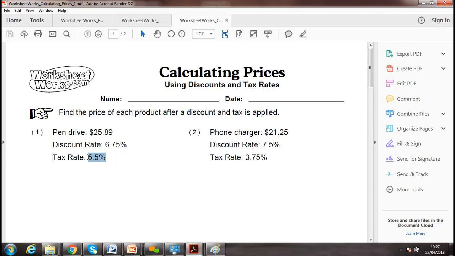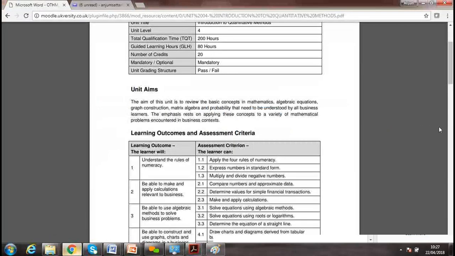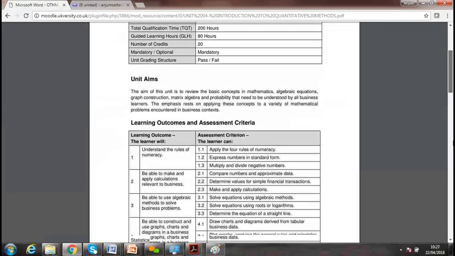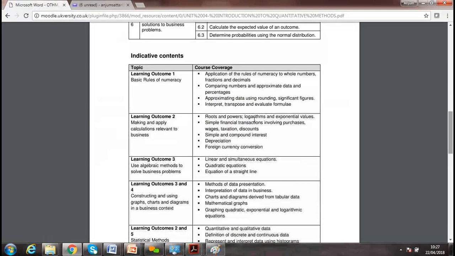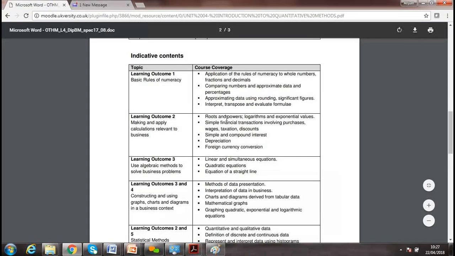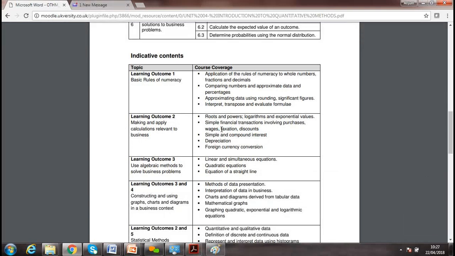Okay, so this is the way we can calculate discount and the tax rate, which is our learning outcome. If we look at today's session, we'll go through discount and taxes we're doing. Okay, next we are looking at